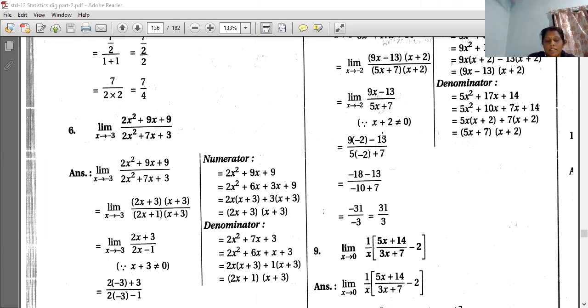And now next is ninth sum. See the ninth question. See children, today I have explained many sums in the PDF only. So if you are not understanding, please let me know. Today I am not having that much facility to write. That board is not there, so I'm having a little bit of problem solving those sums. From the next video I will be explaining on the board. And all the sums I have explained today, you have to write in your notebook.